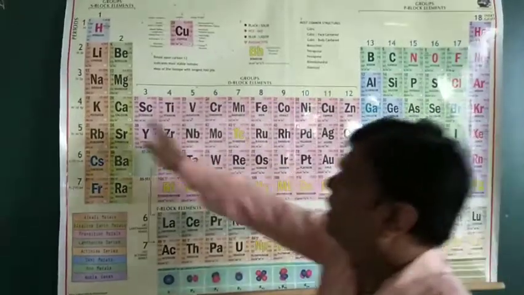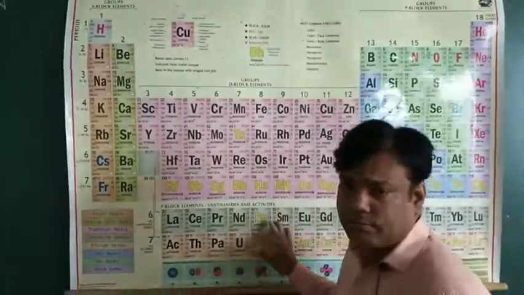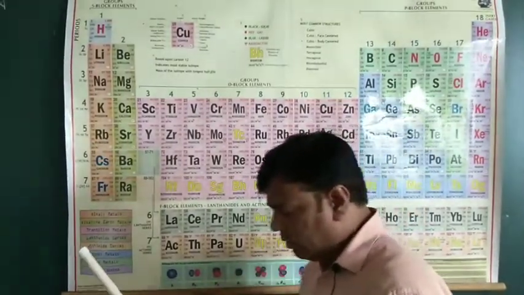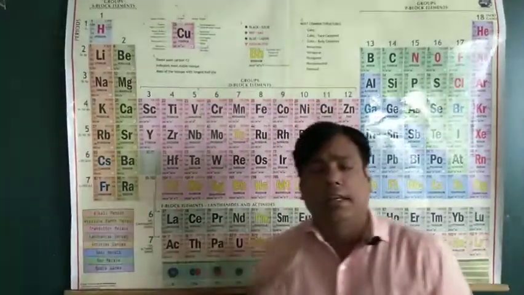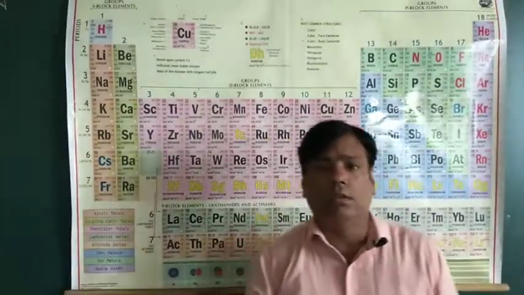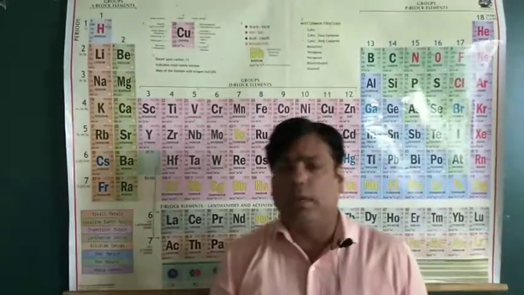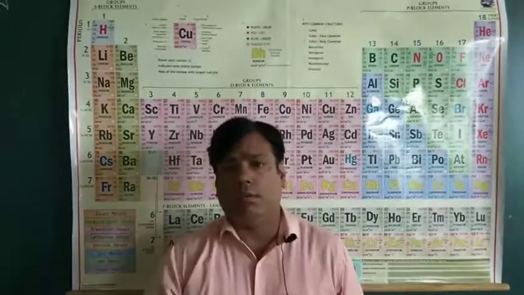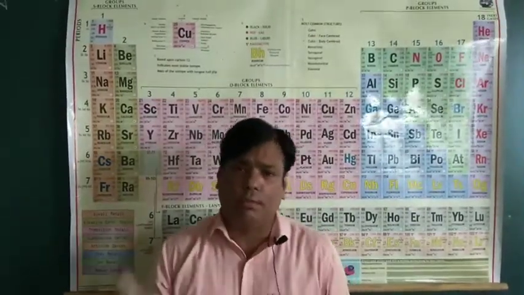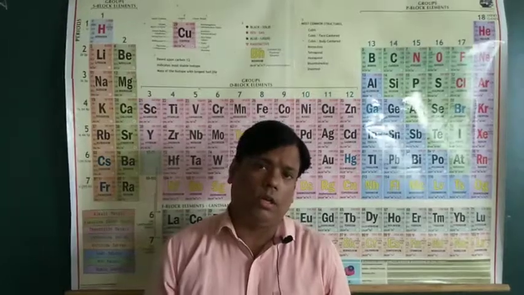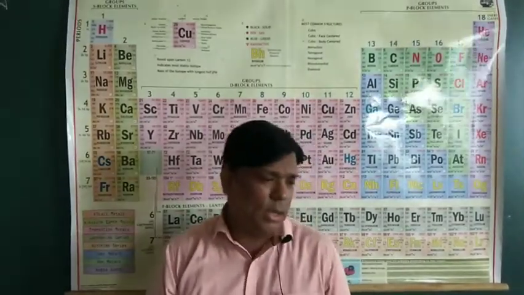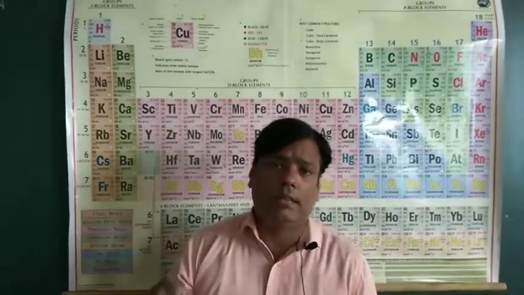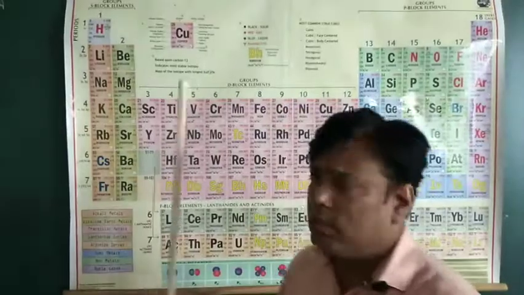These elements are categorized by the electronic configuration. So, the most important thing is that chemical properties depend upon electrons. So, if two or more elements have a similar electronic structure, or you can say the same number of valence electrons in the outermost orbit, then these elements come under a single group.